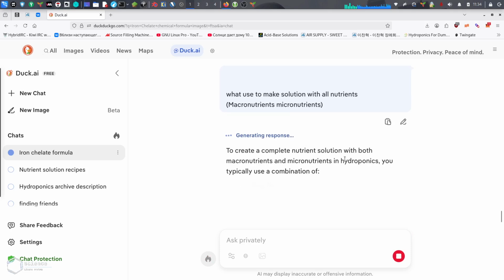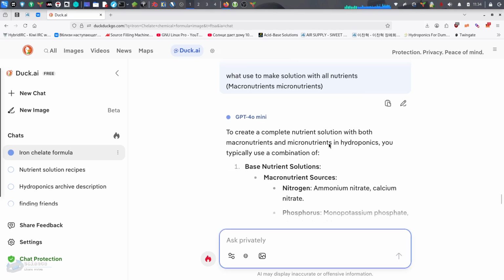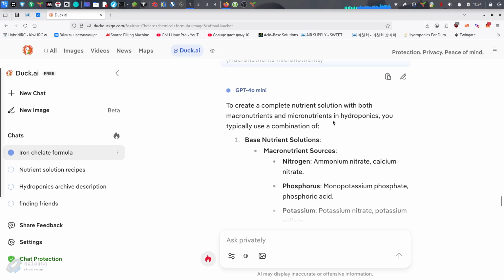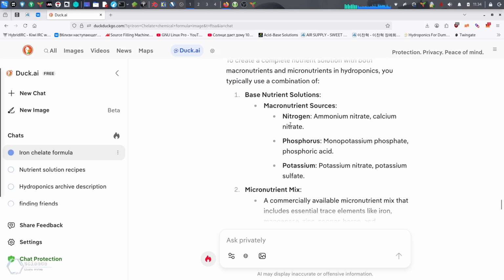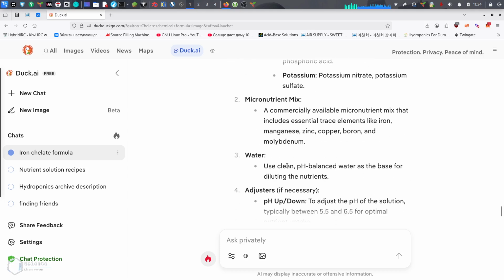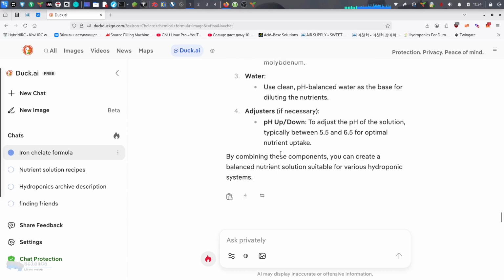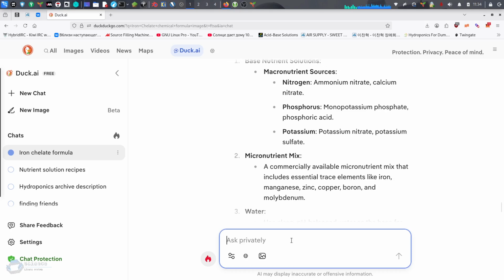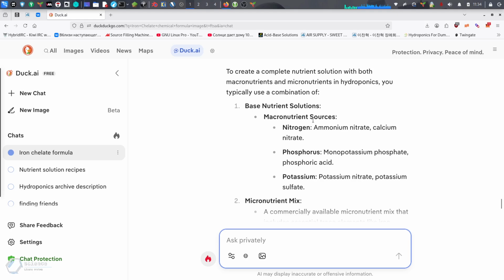To create a complete nutrient solution with both macro and micronutrients in hydroponics, you typically use a combination. Nitrogen, potassium, mix, water adjustments. No. Oh. Macronutrient sources: ammonium nitrate, calcium nitrate,